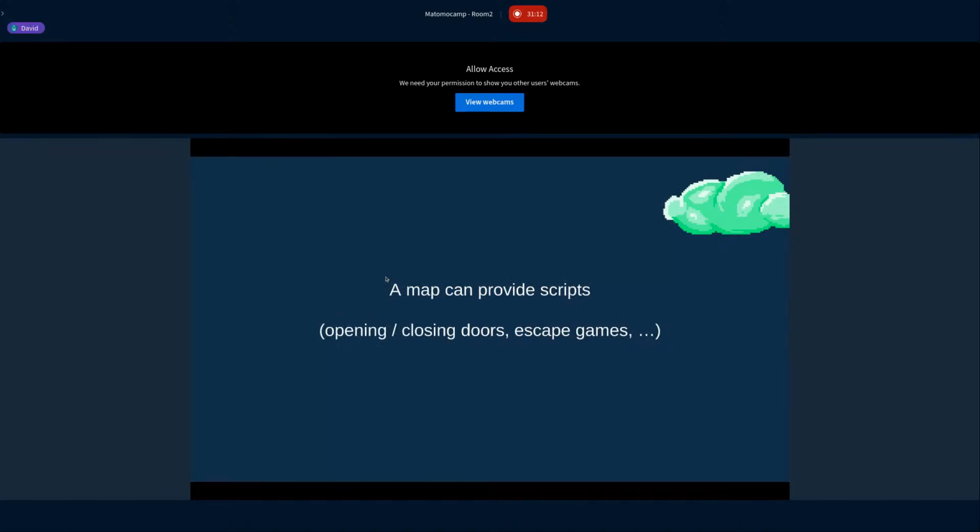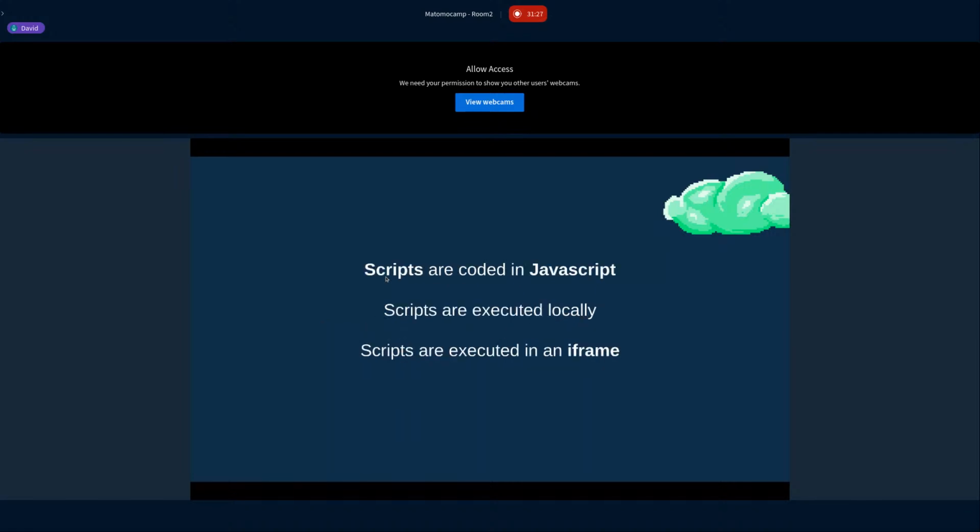On a map, you can provide scripts, and those scripts can be used to do a variety of things like opening or closing doors, or doing escape games if you want. Really, you can code it the way you want. Those scripts are coded in JavaScript.